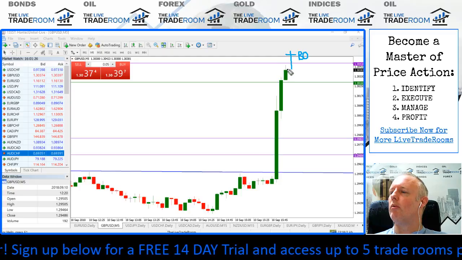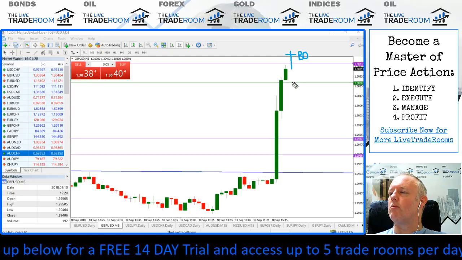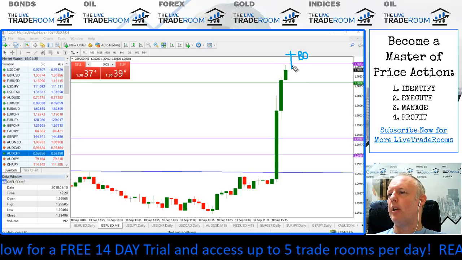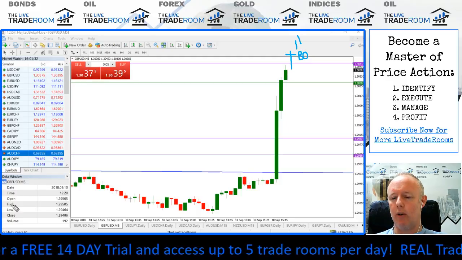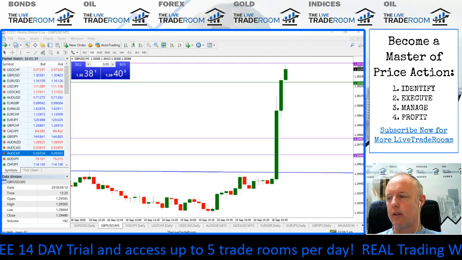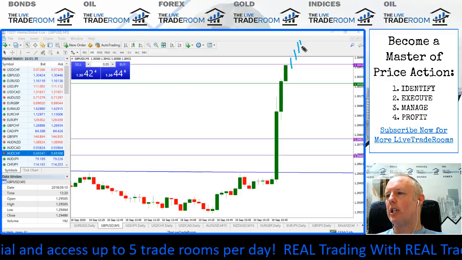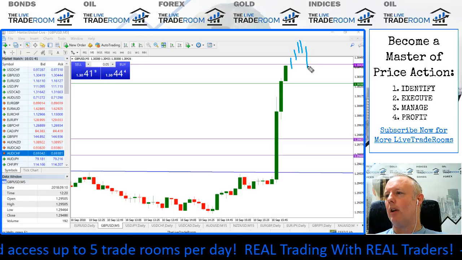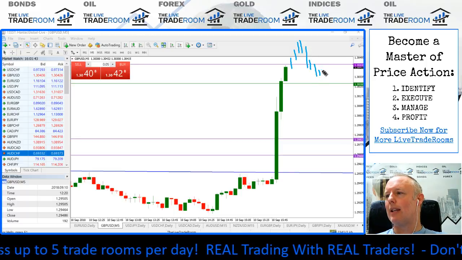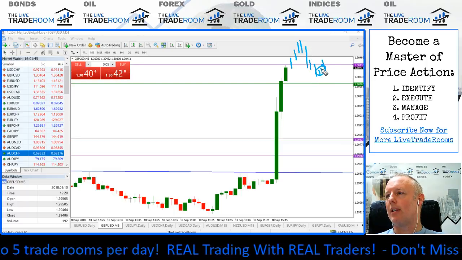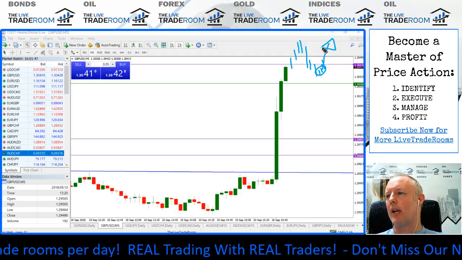So what we would like to do is to see the explosive move continue higher. If we get the breakout trade, we're not going to trade that breakout just yet, and it looks like we're getting it now. But if we get a bit of a pullback to this level, somewhere like that, we might look to take it in and around this sort of price point.